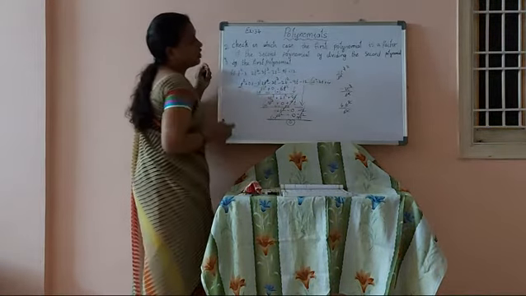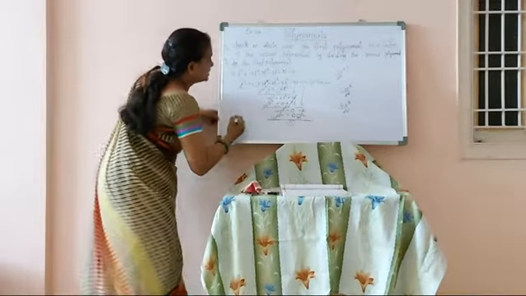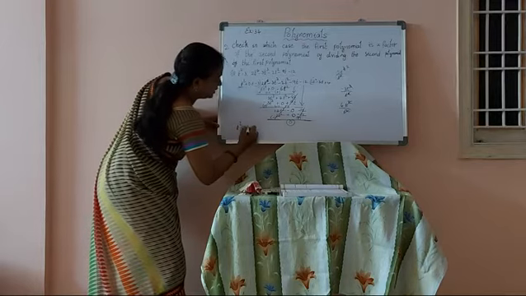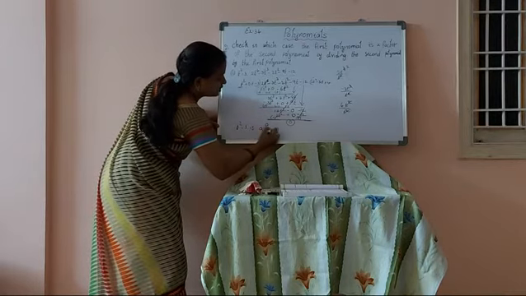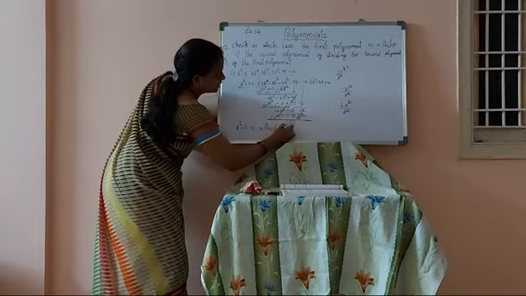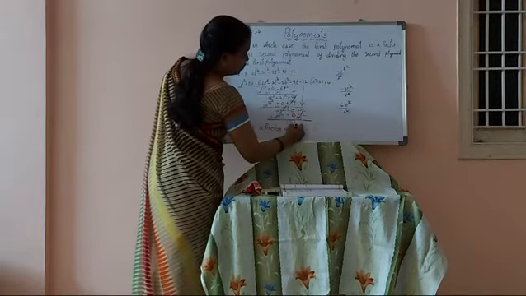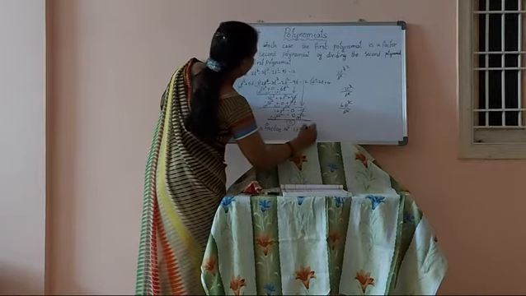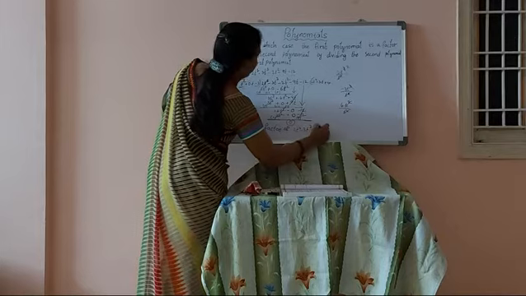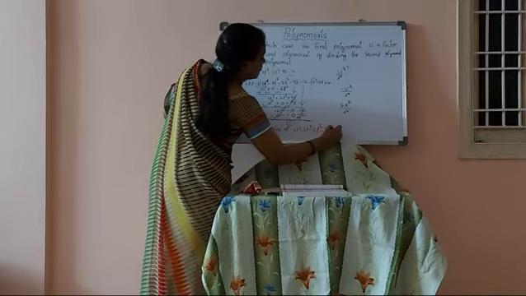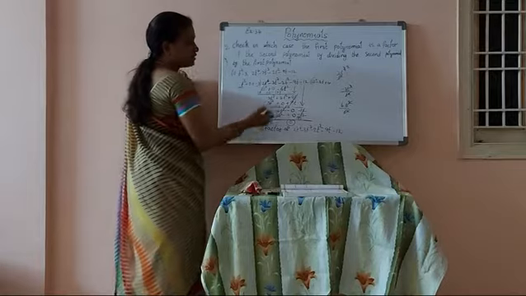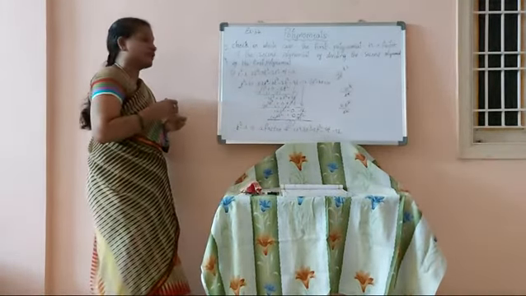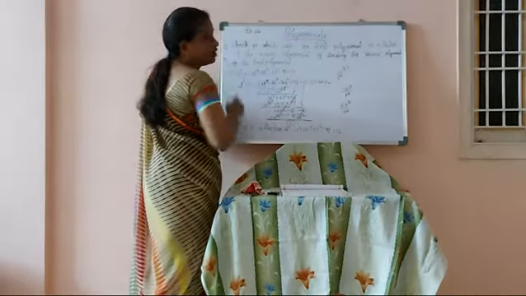this particular polynomial. Okay, you have to say that t square minus 3 is a factor of this polynomial, 2t power 4 minus 3t cube minus 2t square minus 9t minus 12. So this is a factor of this one. How can you say that? If you get the remainder as 0, you can say that it is a factor of this particular polynomial.